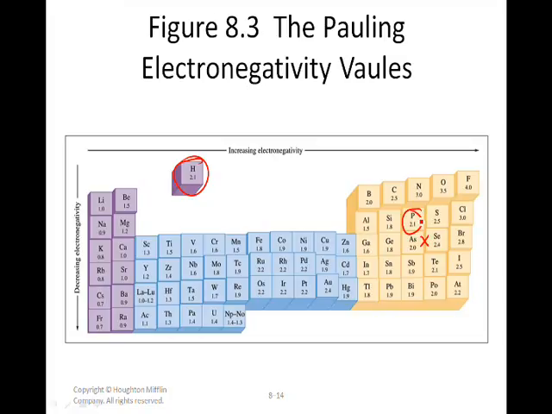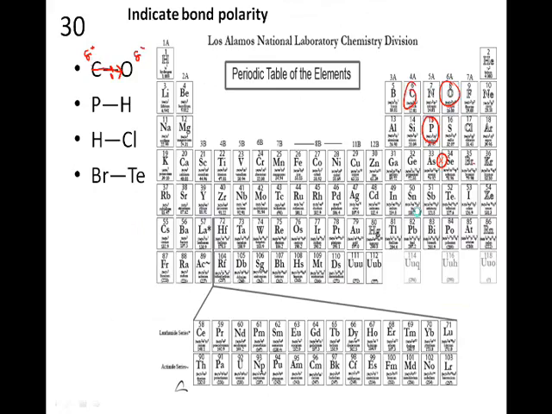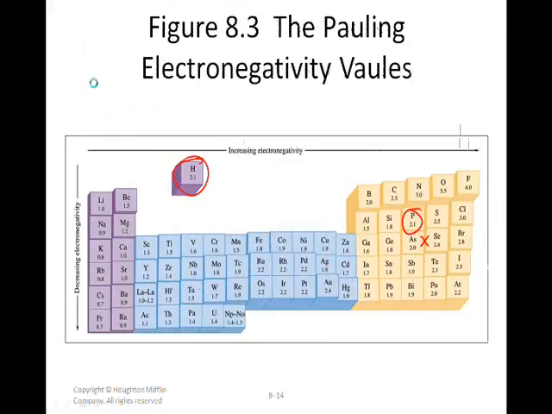Remember, hydrogen lies right here between arsenic and selenium as far as its electronegativity, but it turns out to be exactly the same as the electronegativity of phosphorus. So there is no partial positive or negative charge. This is very nonpolar. Now if you compare that with hydrogen and chlorine,